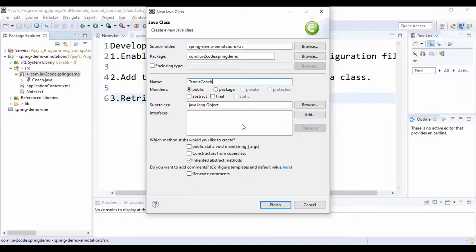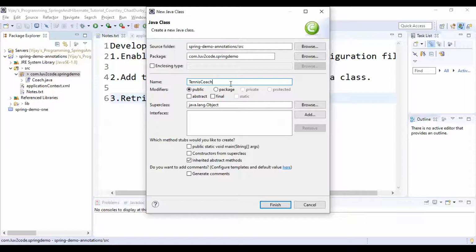To configure that, we have this option here, the interfaces. In case of an interface, it is implementing, right? It is not extends, it is implements.